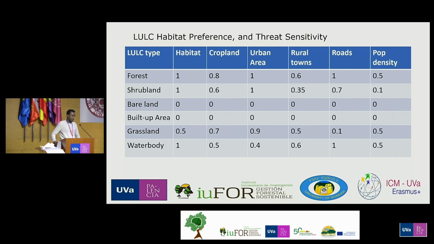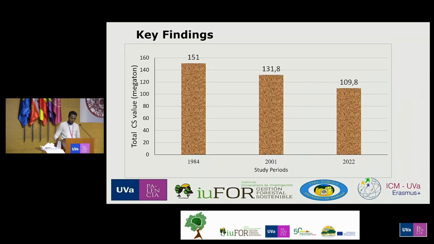And the other is the land use, land cover, and the respective habitat preferences. For instance, 1 indicates high habitat suitability and 0 indicates low habitat suitability according to the InVEST habitat quality model. And the remaining columns indicate their threat for degradation. And I consider, as I said before, croplands, urban areas, and towns and roads as threats for habitat degradation for this study. The key finding is that the study found a decreasing trend of carbon storage value,